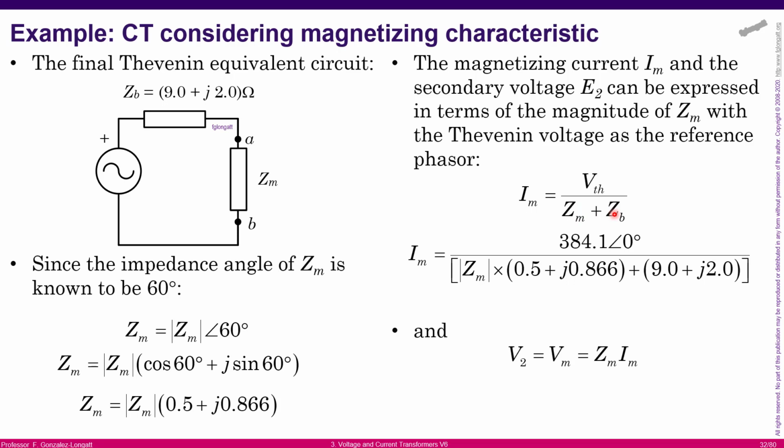Okay, what is interesting here is we know the Thevenin voltage, we know the total burden, we know the angle of the magnetizing branch, but the unknown variable here is the magnitude of the magnetizing branch. Okay, but it's very simple to see that the voltage on the secondary of our current transformer follows Ohm's law. What I'm trying to say is the magnetizing voltage is equal to the magnetizing impedance multiplied by the magnetizing current. As you can see,